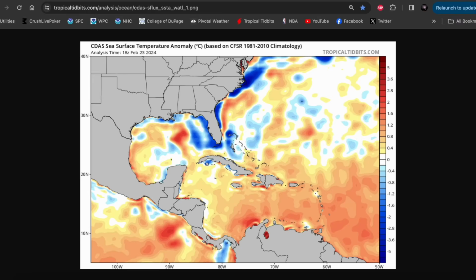Here's where we stand now. Kind of a mix of anomalies with colder than normal waters across the far northern and eastern Gulf and warmer than normal waters across the western and central Gulf. Quite a warm pocket there off the southeast Louisiana coast. Overall, I'd say we're about average to slightly above average across the entirety of the Gulf,